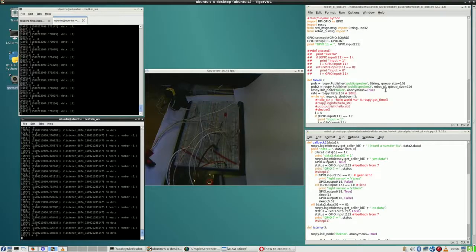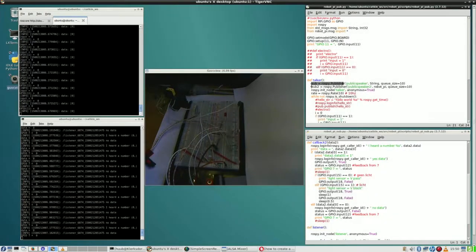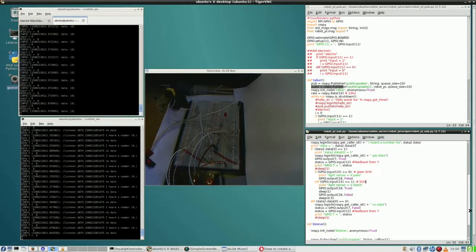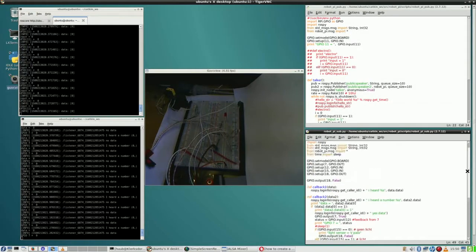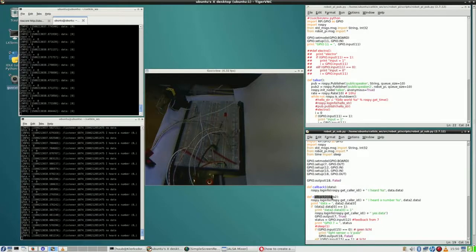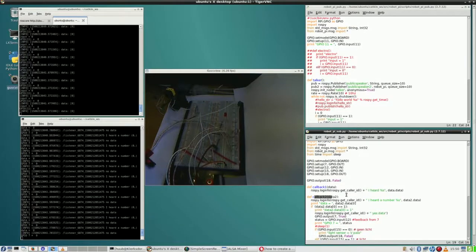Going back, here I have the publisher, actually 2 publisher objects, and then I have a subscriber and a callback, and here are 2 callbacks. So this should be somehow in another node. Well, actually no,